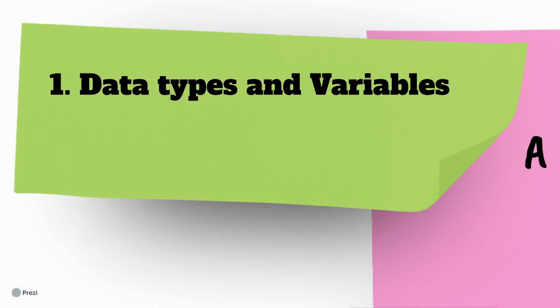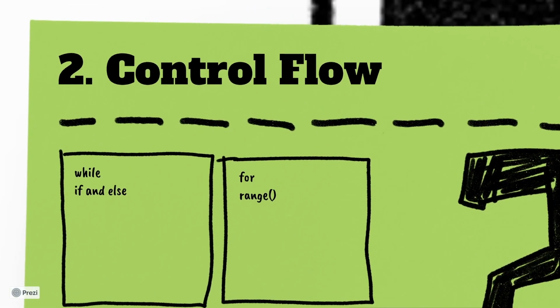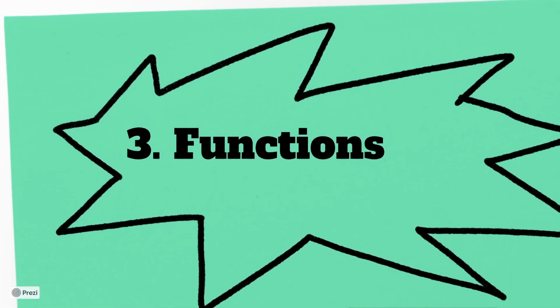We can now use these data types and variables to provide instructions to the computer. And that exactly is what a program is. And once we know how to provide these instructions, we learn how to control the flow of these instructions. At this point, we will realize that we want to repeatedly perform the same instructions to achieve a functionality. We will learn how to stitch these instructions into blocks called functions.